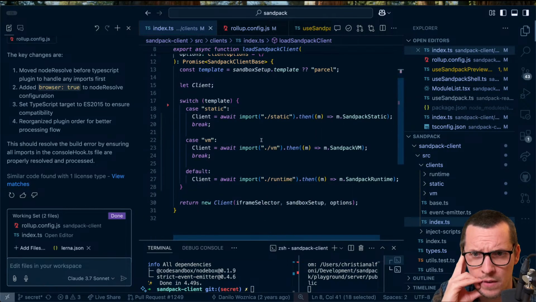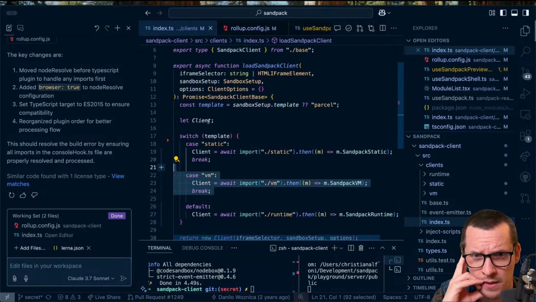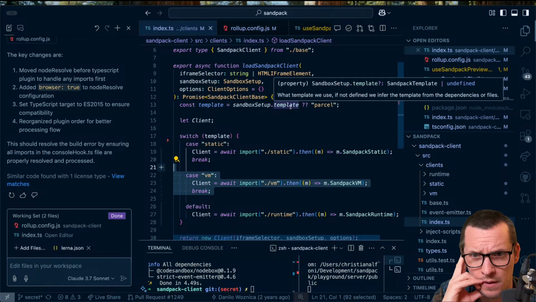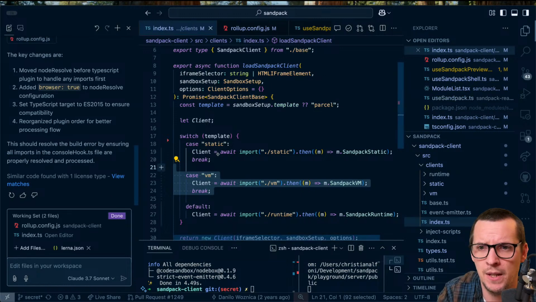And then, okay, so it actually loads a specific VM client in this case. Okay, so there's a template called VM. Does that mean